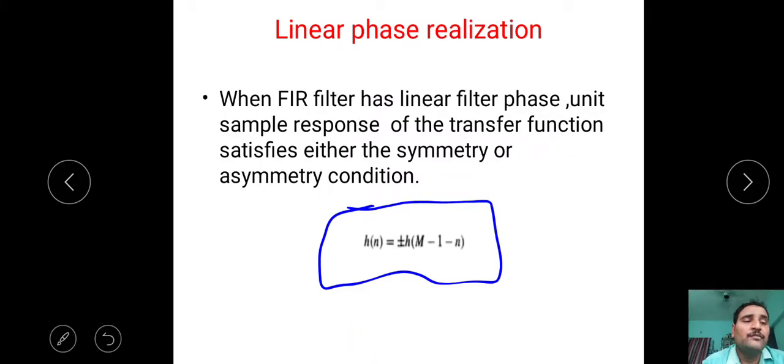Okay, how to implement this linear phase realization we will see in the next class. That means in this class we saw what is meant by direct form realization, how we can use direct form realization by using its difference equation, and what is meant by cascade form realization, how we can divide that complex structure into a number of simple structures, and how we can design by using cascade form realization, we saw in an example. In the next class we will go for linear phase realization in depth. Thank you.